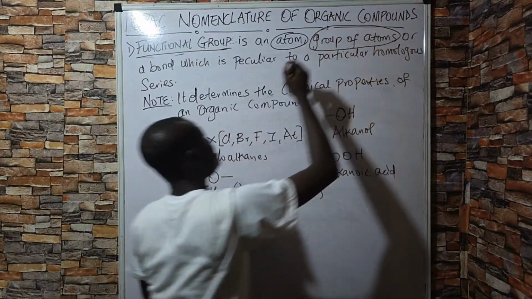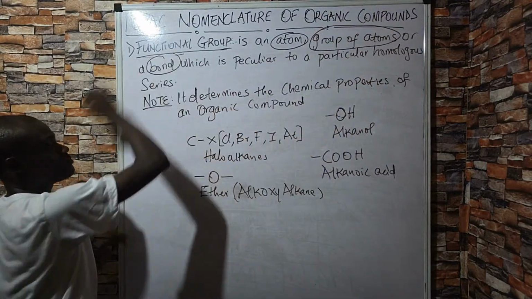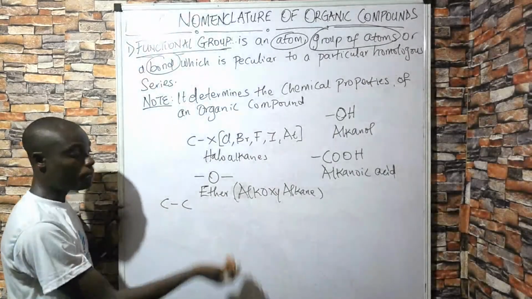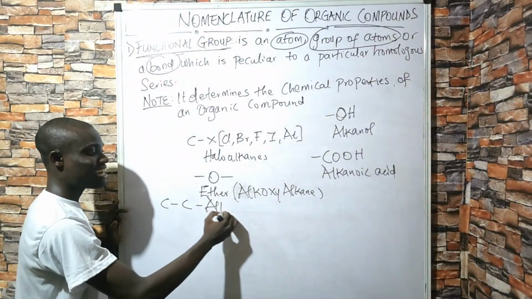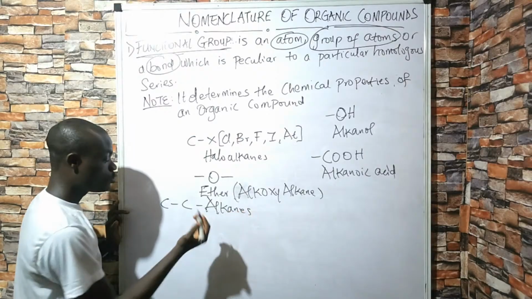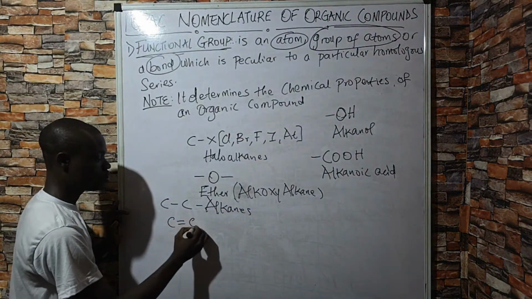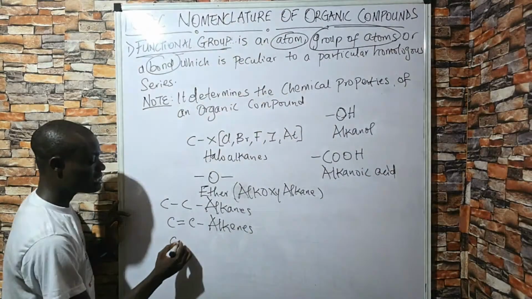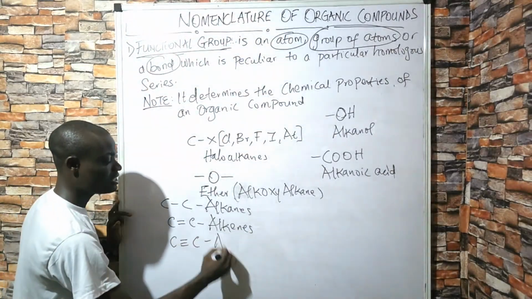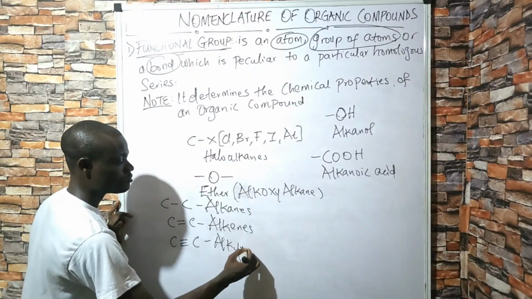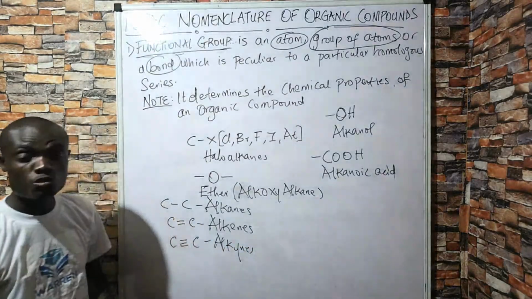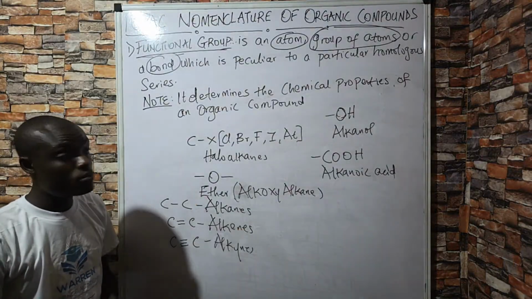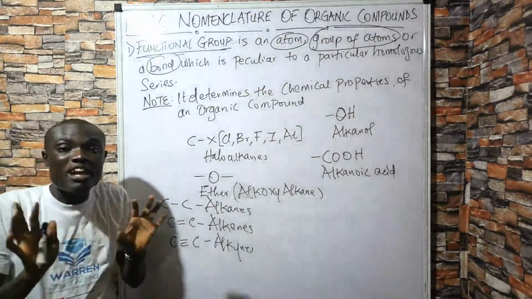Or in some cases, it could be a bond. For example, we tend to see things like single bond. So compounds that contain single bond, we call them the alkanes. We tend to see things that have double bond, things like this, we call them the alkenes. Or there are some that have triple bond, we call them the alkynes. So now that's what a functional group is. It's an atom, it's a group of atoms, or it can be a bond, and it is peculiar